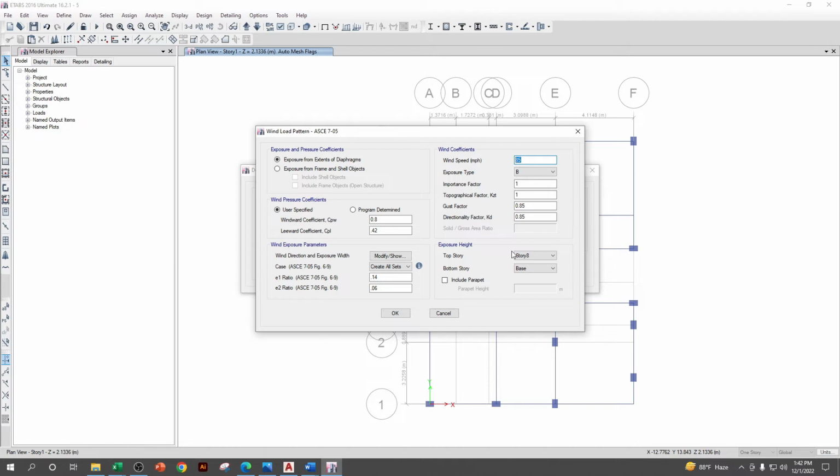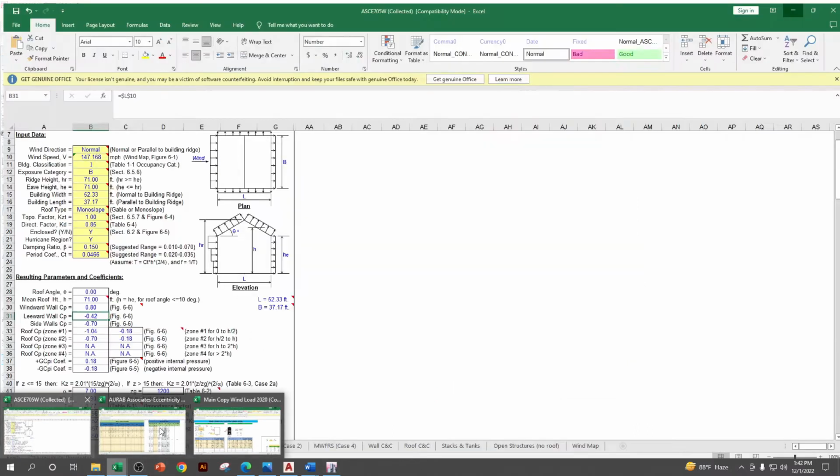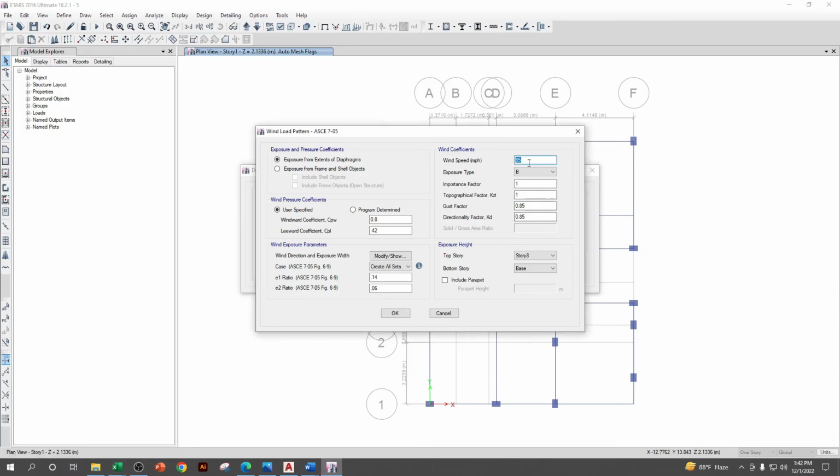Now the wind speed is 65.7. That means we have to multiply this with 2.24. 65.7 multiplied by 2.24, we get 147.16. Let's consider 148. Now exposure type will be B, importance factor 1, Kzt equals 1, and the gust factor we have to